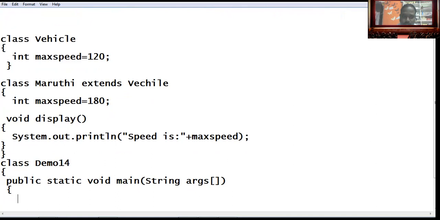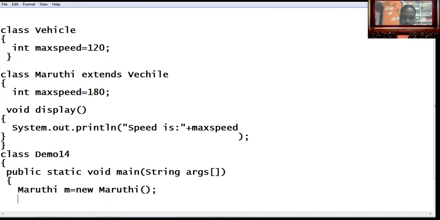So what is the subclass name here? Maruti. So I can go for Maruti m is equal to new Maruti. Then m.display.